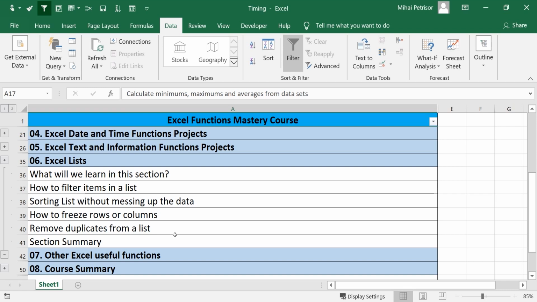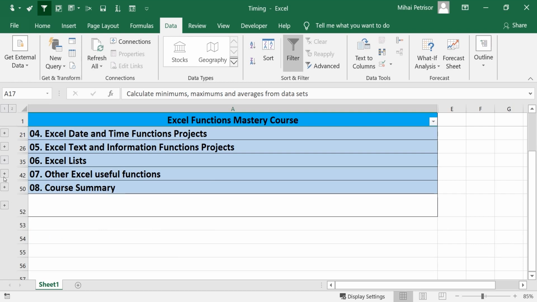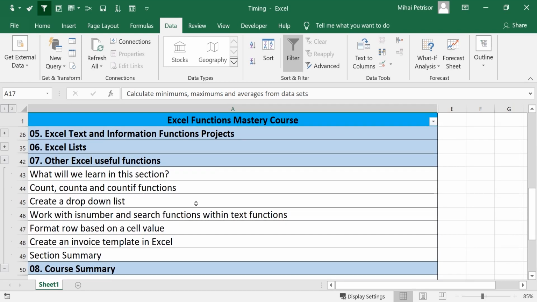Then we will see how to freeze a given number of rows or columns, depending on your needs, and those are always very important. We will also learn how to remove duplicates in a given list. In Section 7, we will learn about other useful Excel functions, starting with the COUNT, COUNTA, and COUNTIF functions, and the difference between